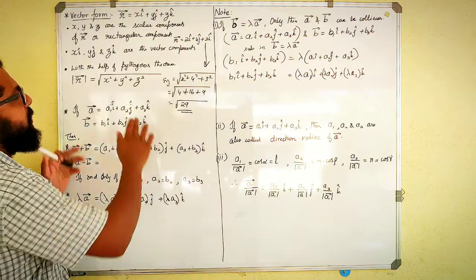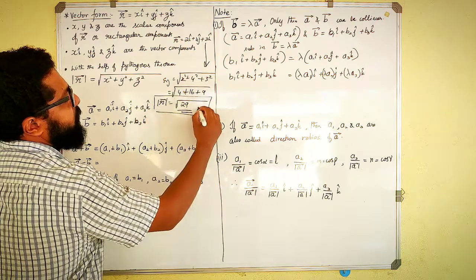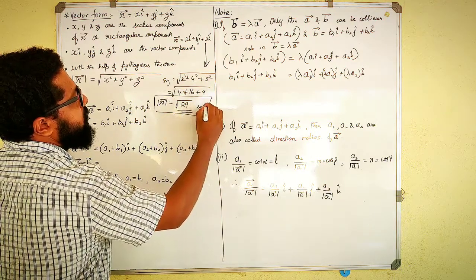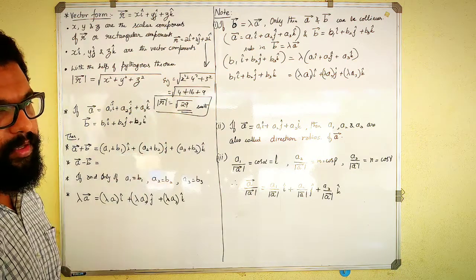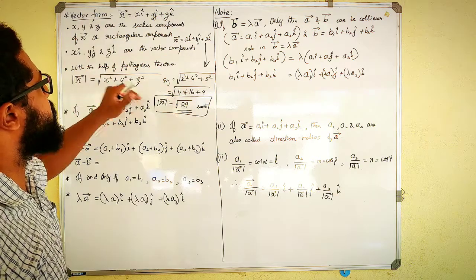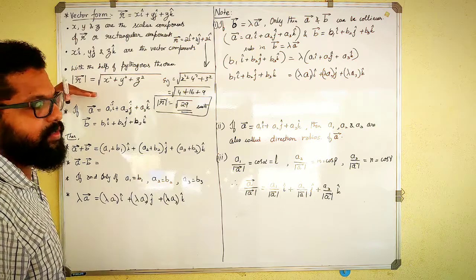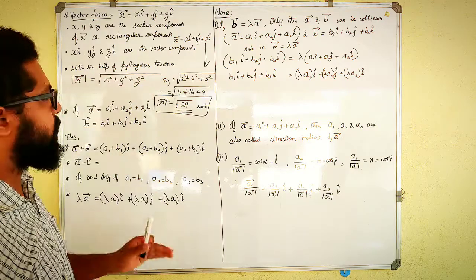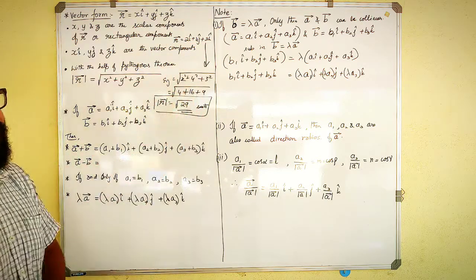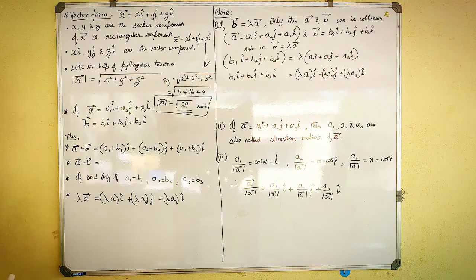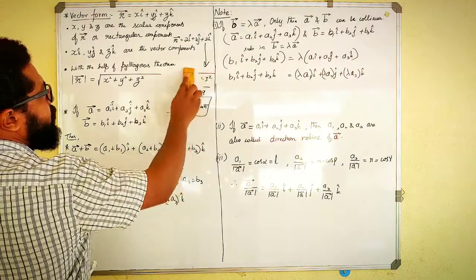So this is nothing but the magnitude of a given vector. Okay, magnitude or length of a given vector. We can write it as units. So so much of units is the magnitude of that particular vector. I hope you all have understood this part, and this is the first part of the formula which we will be needing for the problems. Please note down this example as well; you can pause the video and note it down.